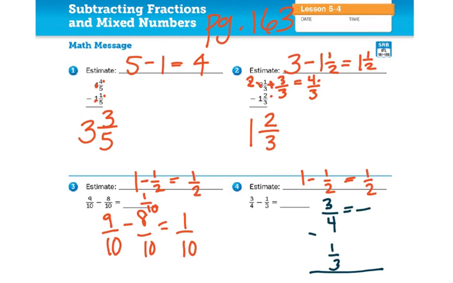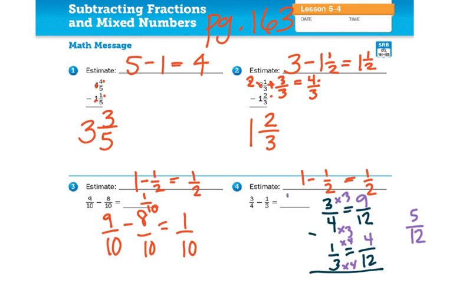I'm going to just multiply the denominators times each other to get a common denominator. Here they multiplied by 3 to get 12, so I'm going to multiply the numerator times 3. 3 times 3 is 9. 3 times 4 gives me 12, so I'm going to take the numerator times 4. 9 minus 4 is